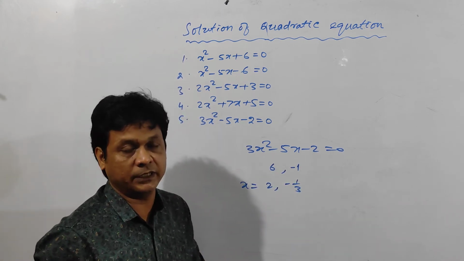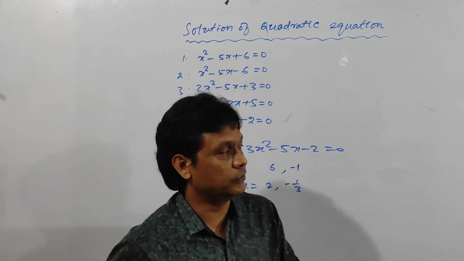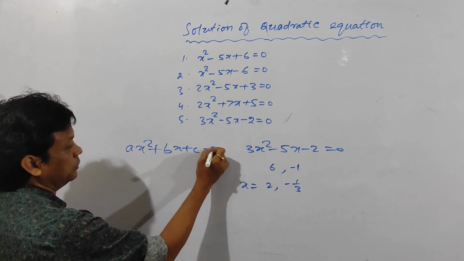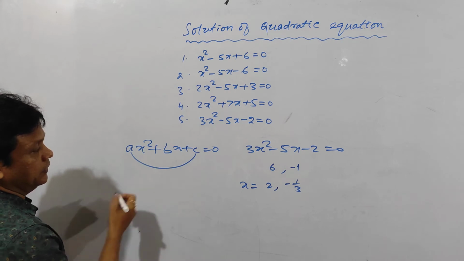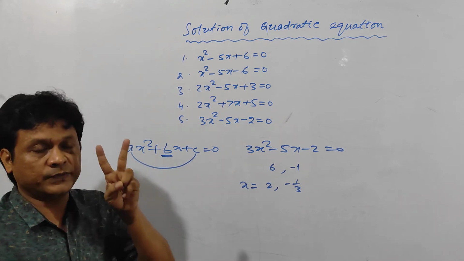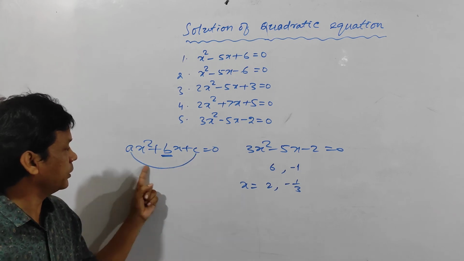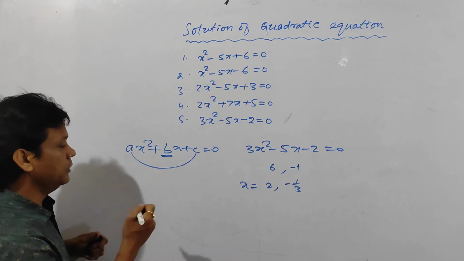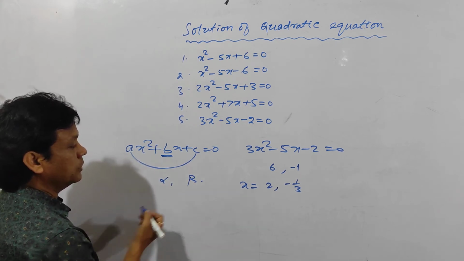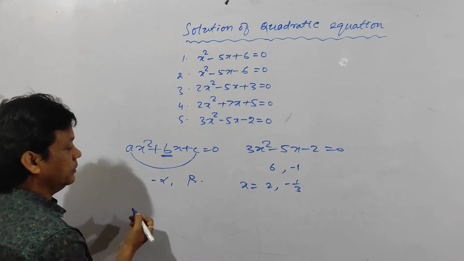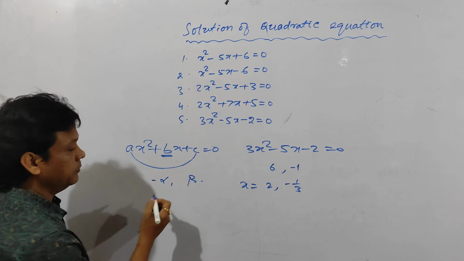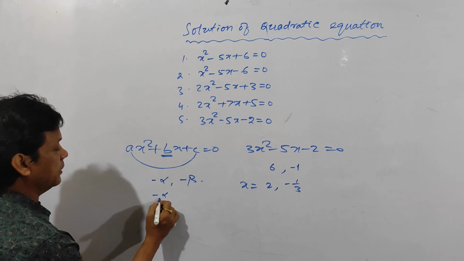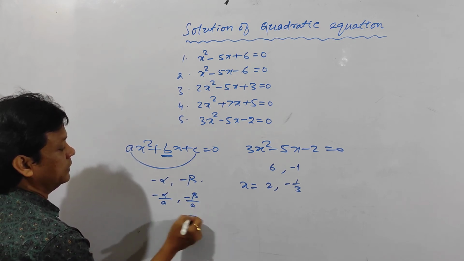First of all, see, I am again telling you, if the expression is like this, ax square plus bx plus c equal 0, then the product should be ac and the sum should be b. You should find two numbers such that the product should be ac and the sum should be b. So write the two numbers, for example, those two numbers are alpha and beta. Then the first step is change the sign. If it is positive, then you should take its negative, and if it is negative, you should write it positive. Then divide the coefficient of x square. That means minus alpha by a and minus beta by a. So these are the two solutions.